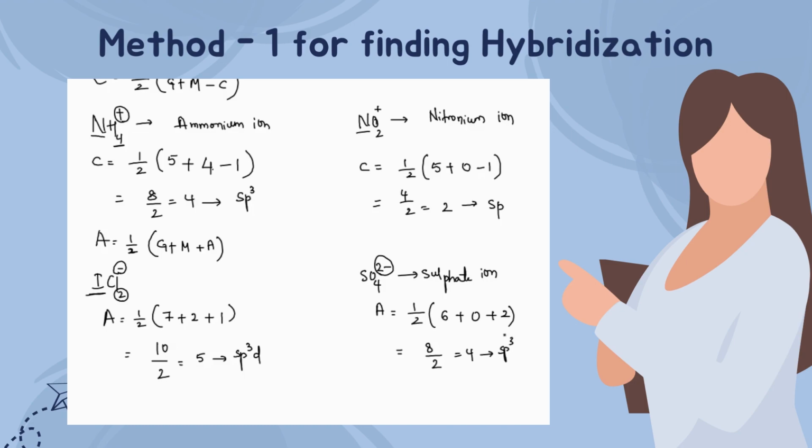The most important point that we need to keep in mind is that hybridization is calculated only for the central atom. Central atom identification is very important. The central atom is that atom in the molecule which has higher valency compared to the rest of the bonded atoms. So whichever has higher valence in the molecule acts as the central atom. And for that we can apply the above examples and solve the